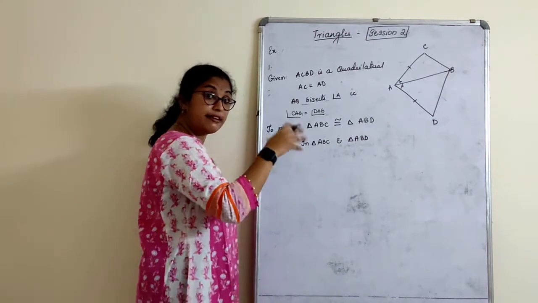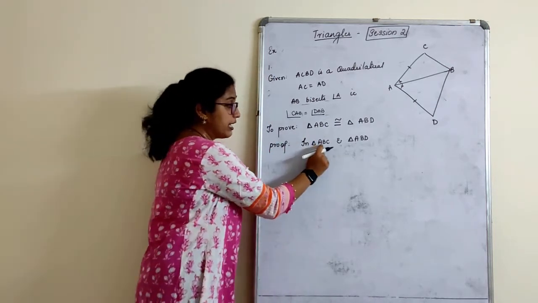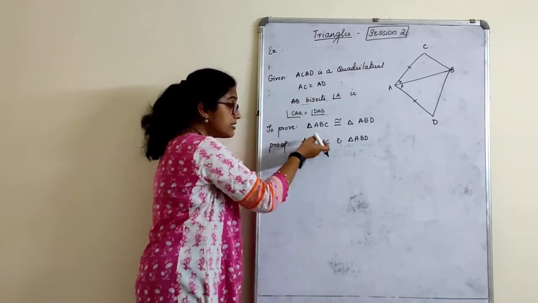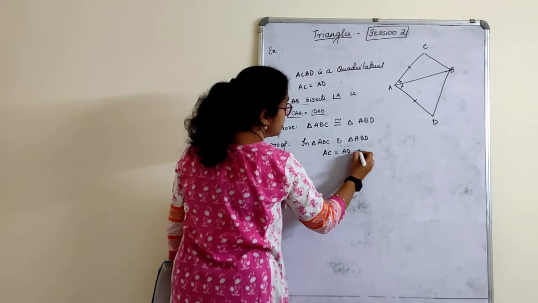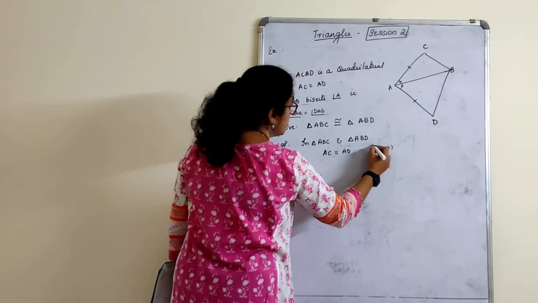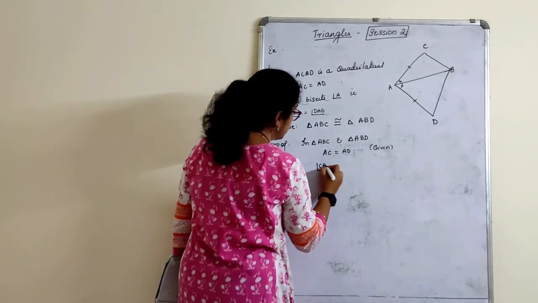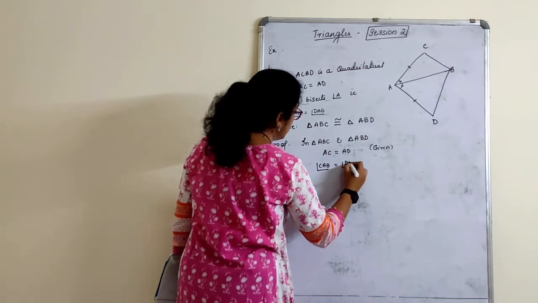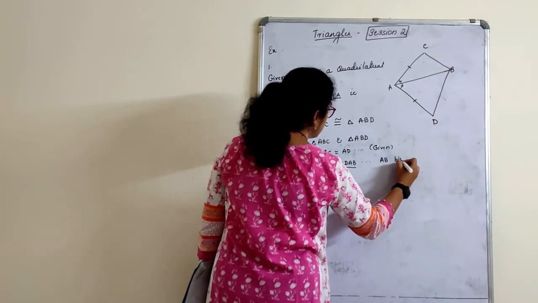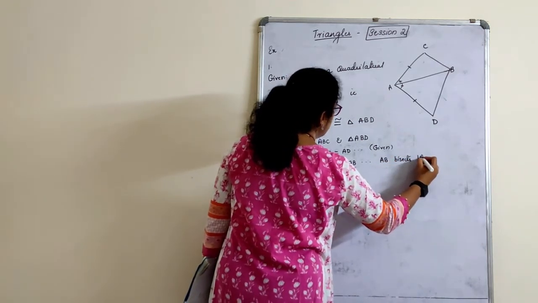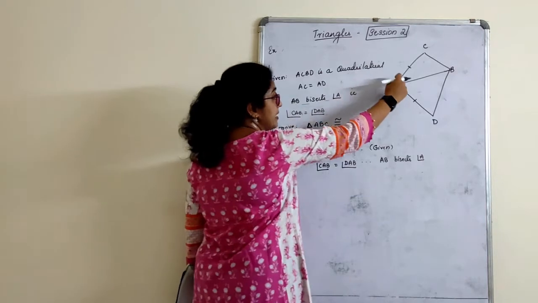Okay? Again here, write what you know from the given. In these two triangles, first of all we know that, and one more thing, children: whatever triangle you mention, see that the given side lies in that triangle only. So I will say here AC is equal to AD. Reason: given. Next, what else is given? These two angles are equal. I'll write here angle CAB is equal to angle DAB. Reason is given only, but you can still write AB bisects angle A. Now, two things are already done. Just see what two things are done. One side is done, one angle is done.